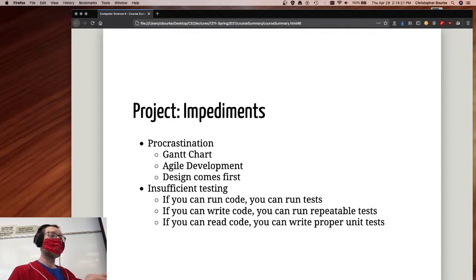Full sprints would have you at the beginning of the sprint committing to certain tasks and then burning them down throughout the sprint, and then doing a retrospective at the end. That's basically what I've done for you, right? Having a retrospective after each assignment. The Gantt chart tracks I'm committing you to things at the beginning of the sprint, because I designed the project for you rather than in agile development.